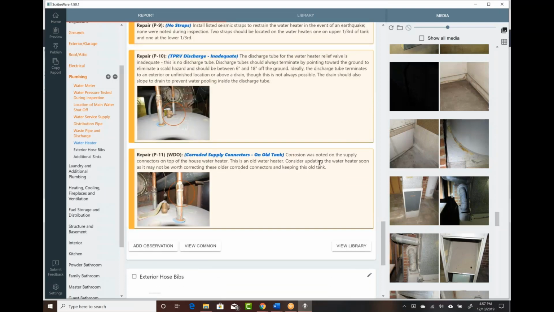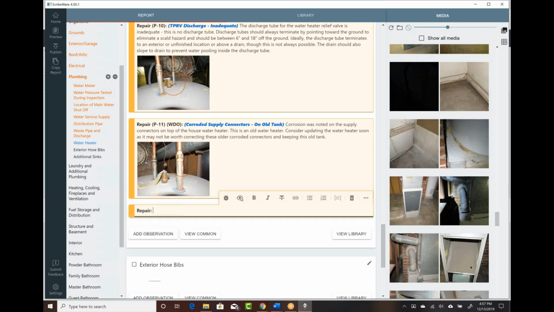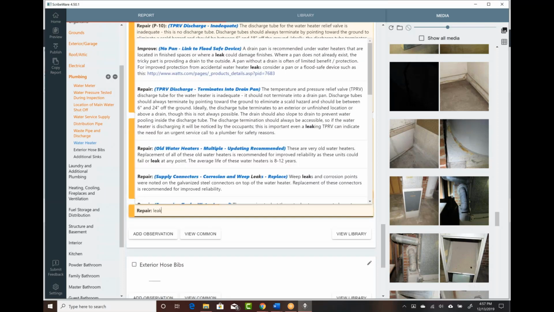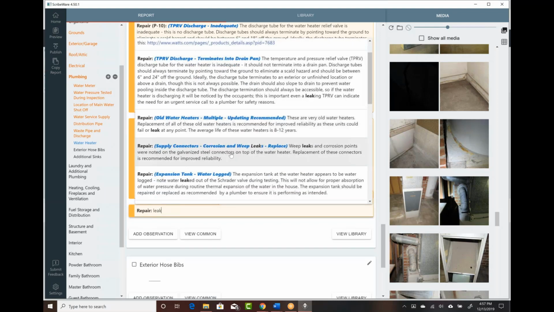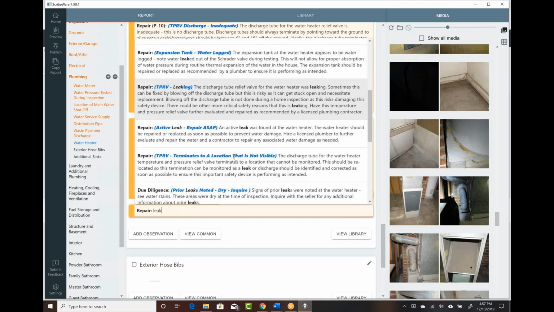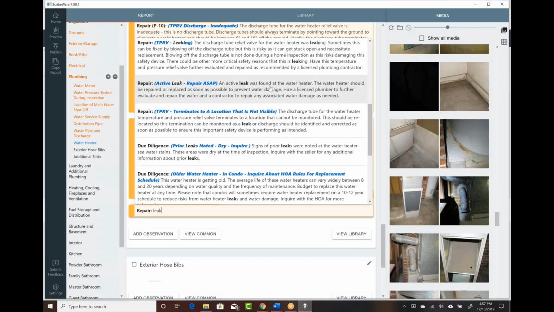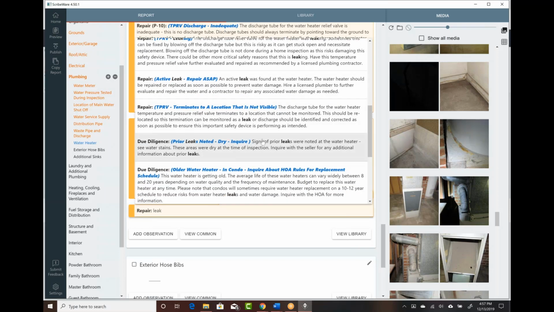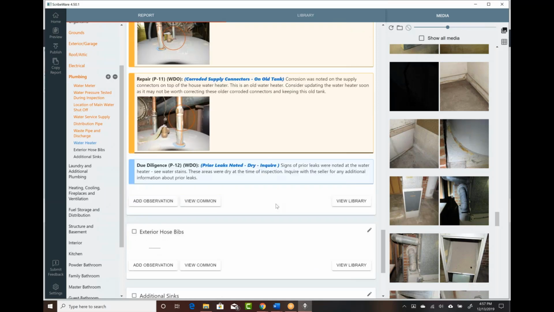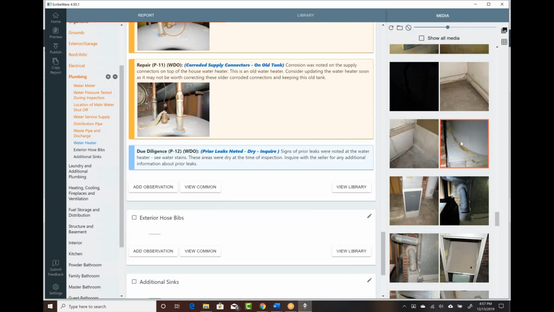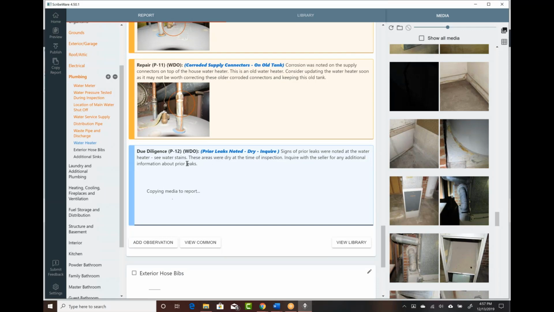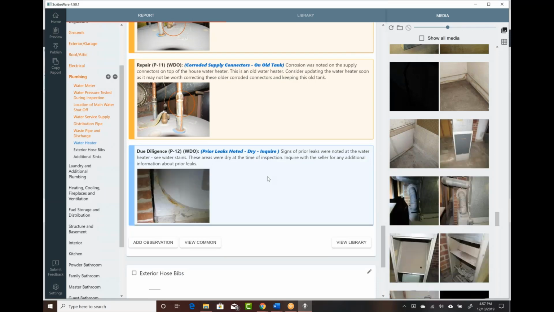This thing was also leaking a little bit, so we could start typing in leak. No pan, old water heaters, supply connectors, expansion tank, TPRV, active leak, repair as soon as possible. Prior leak is really what it was. It was kind of dry. So signs of prior leaks noted at the water heater. We could just drag this picture in, see the water stains. These were dry at the time of inspection. And I don't think there's any inquiring. I might just replace that with,